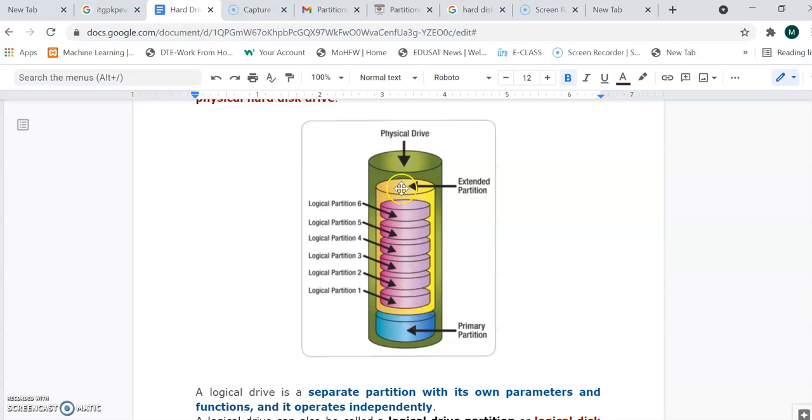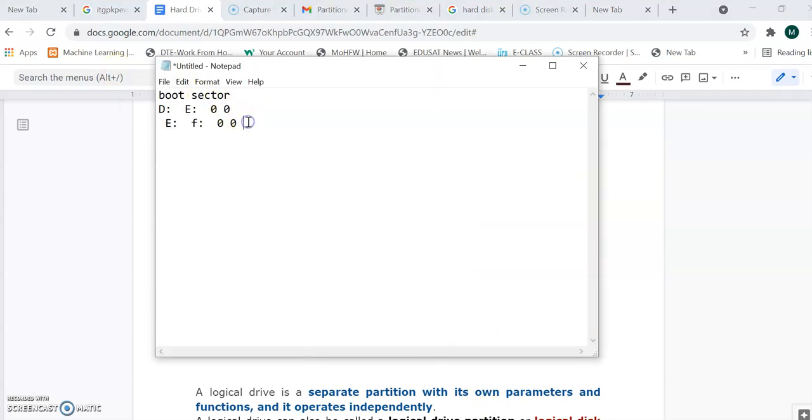Now suppose this extended partition has these logical partitions, and logical partition number 6 is the last one. Then what does it contain? It will contain the current address of logical partition number 6, and the second entry will be 0, the third 0 and the fourth 0. Suppose F drive, and the last one is G drive.